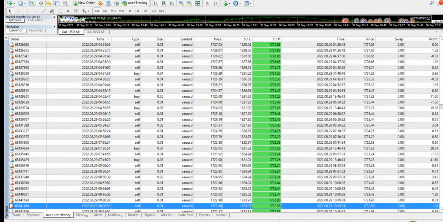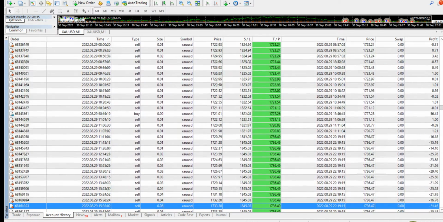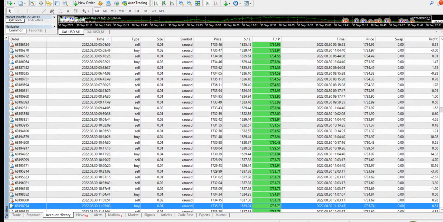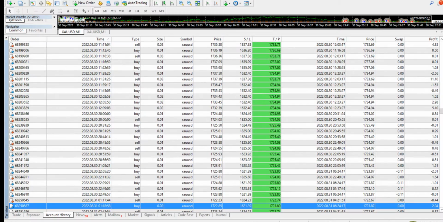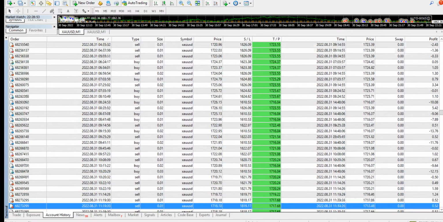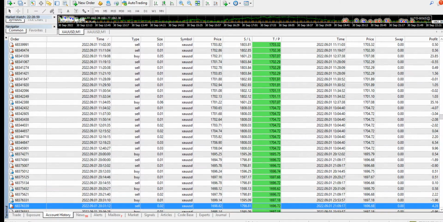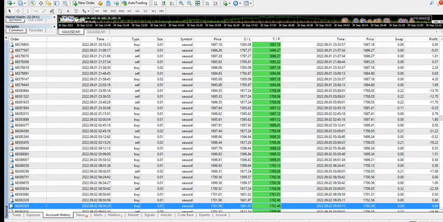Okay, because drawdown depends on many other factors. It is not just which pair you are using, but also what time frame and what equity you are using, because the drawdown will not be the same. If you have a drawdown of 500 and your initial equity is 1000, then the drawdown is 50%, right?